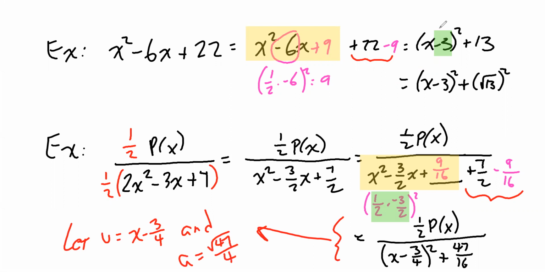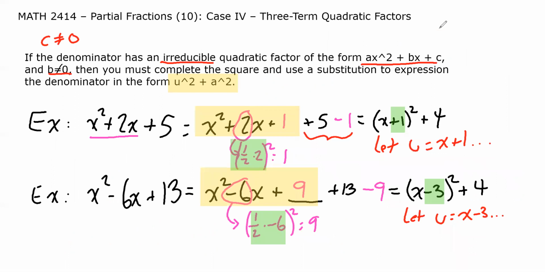So as you can tell, some of these get really nauseating numbers involved. But going back to the first page for a second, because what you see on this page is as difficult as I'm going to assign in terms of completing the square. If you are doing a partial fraction decomposition and one of the factors in the denominator is an irreducible three-term quadratic factor, then you'll need to complete the square so that you can get it in the form u squared plus